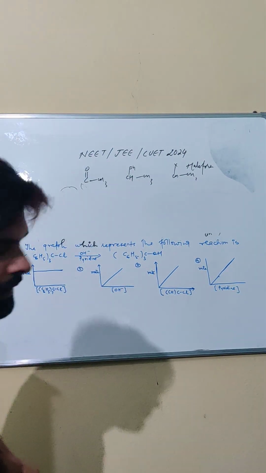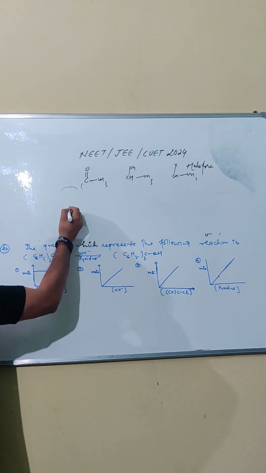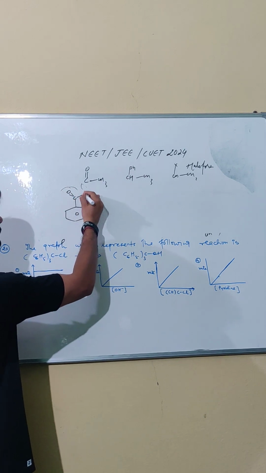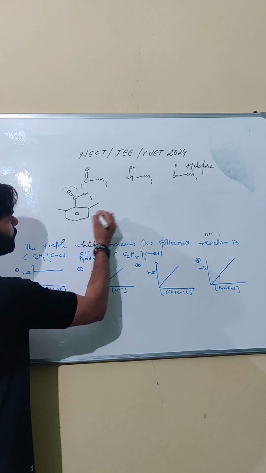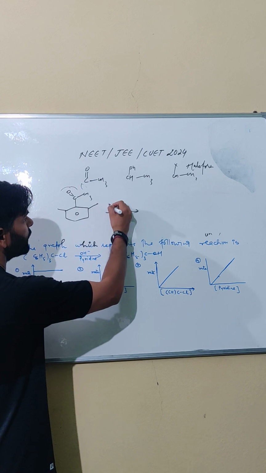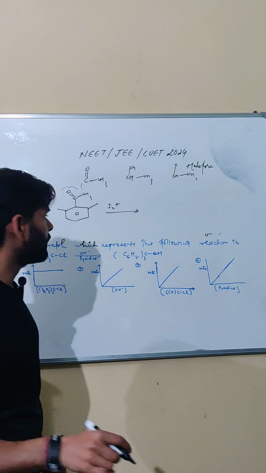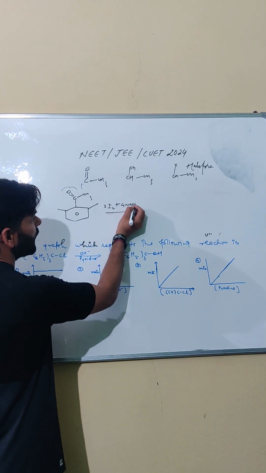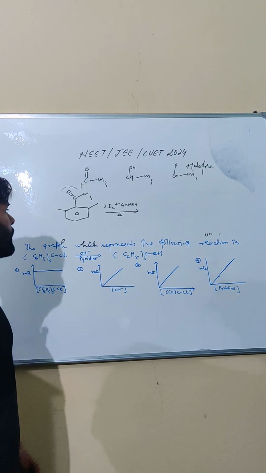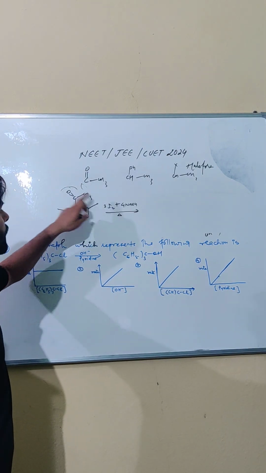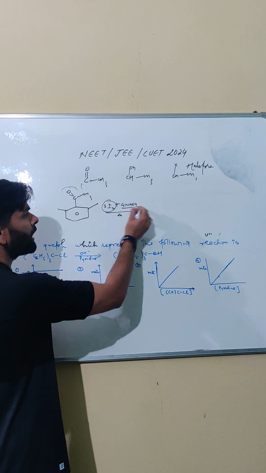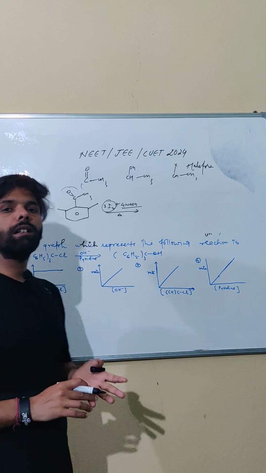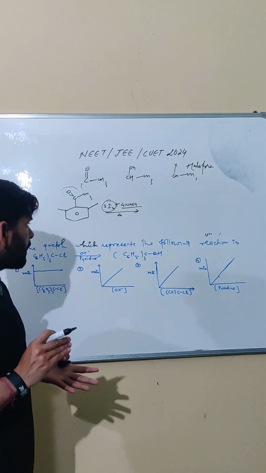Now what is a haloform test? For example, the first molecule that we have, this COCH3, this and this. When this molecule is treated with iodine, I am taking the example of iodoform. So 3 moles of iodine and 4 moles of NaOH, and it is heated. So any molecule which contains this type of group, methyl ketone, and you treat with iodine sodium hydroxide or chlorine sodium hydroxide or bromine sodium hydroxide. Either you can take chlorine, bromine or iodine.